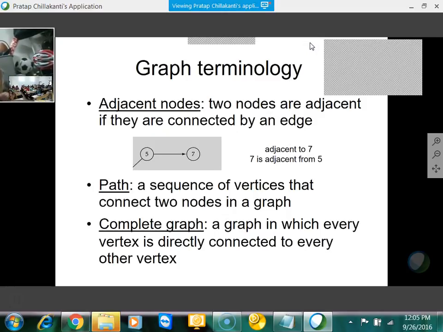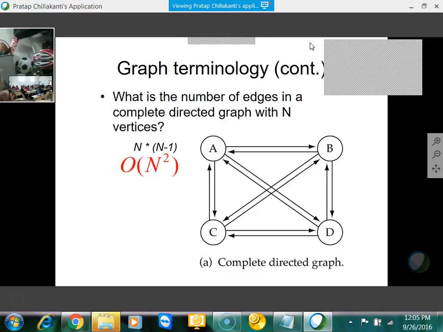Again, these are definitions. There's nothing to say why, right? Interesting questions you can ask: what is the number of edges in a complete directed graph with n vertices? Directed graph means if you look at this one, ABCD, since it's a directed graph, it's a completely